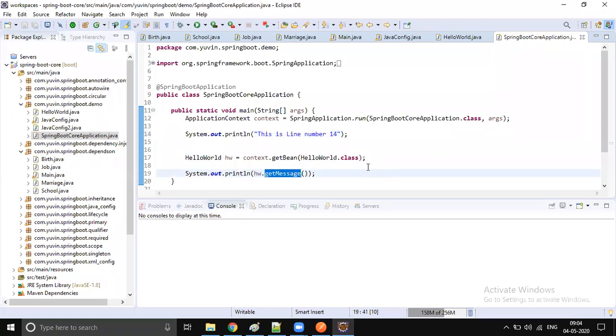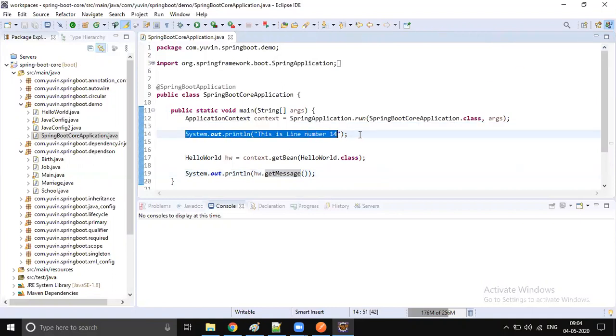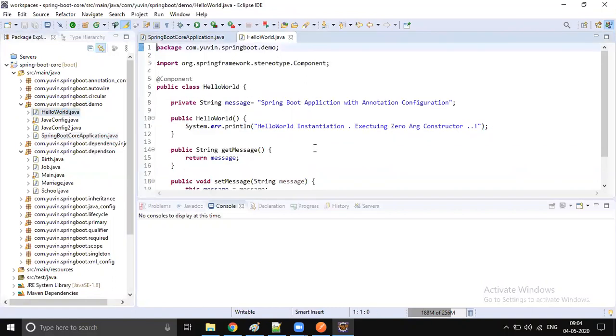Okay, don't get confused now. I think we already discussed this four or five sessions before. If I run this code, what is the output we're going to get? Line number 14 first? Then let me open hello world also.